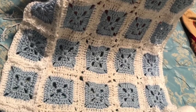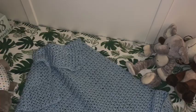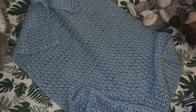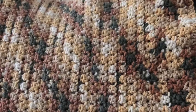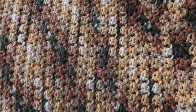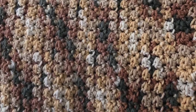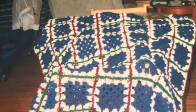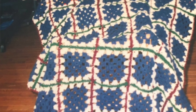Next is work from Maggie P. She sent a bunch of pictures in. She wanted to let us know that these were all made from patterns. Take a look. First is a granny square afghan in beautiful neutral colors. Next, looks like a small lap blanket or a lapghan in a beautiful blue. Then a multicolored, looks like she used a variegated yarn here, and I like how the color works through this in diagonal stripes. Then another granny square blanket, and I like how she joined vertically with red and horizontally with